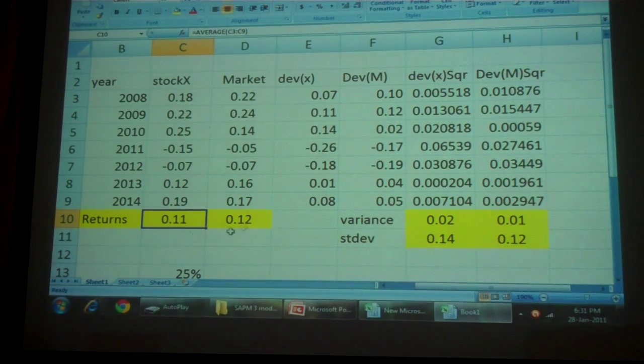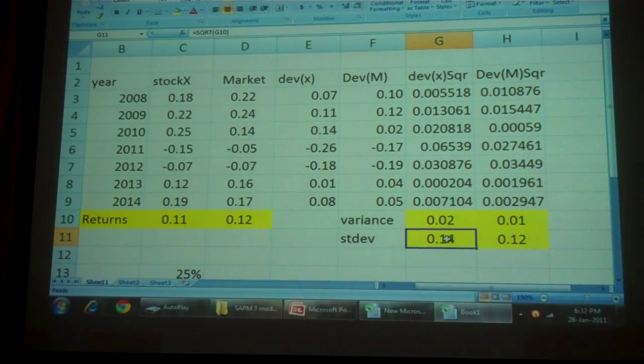In the same way, the standard deviation will also be a daily standard deviation in that case. How do I convert it into annualized standard deviation? Multiply with the square root of 250. Keep this in mind. Write it down somewhere, otherwise you will forget. So daily returns into 250 will give me annual returns. Daily standard deviation into the square root of 250 will give me annual standard deviation.